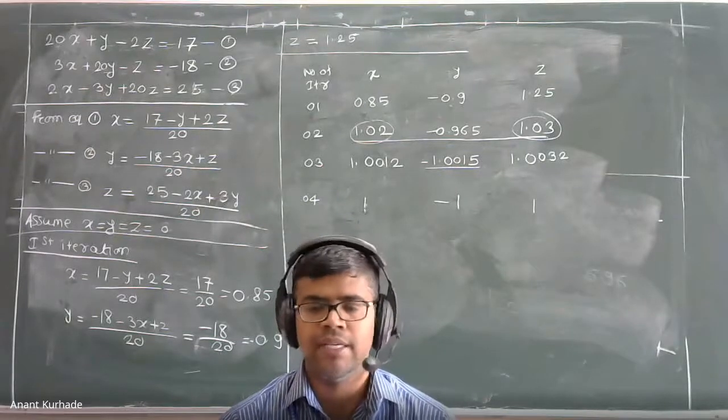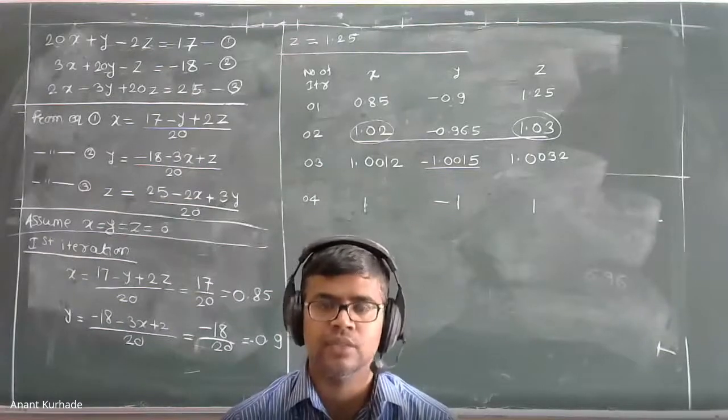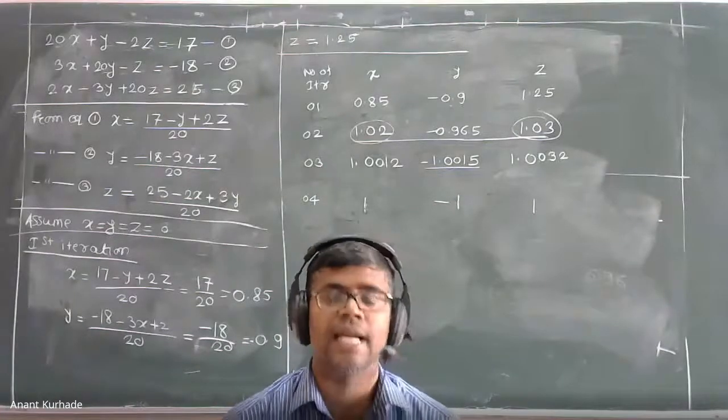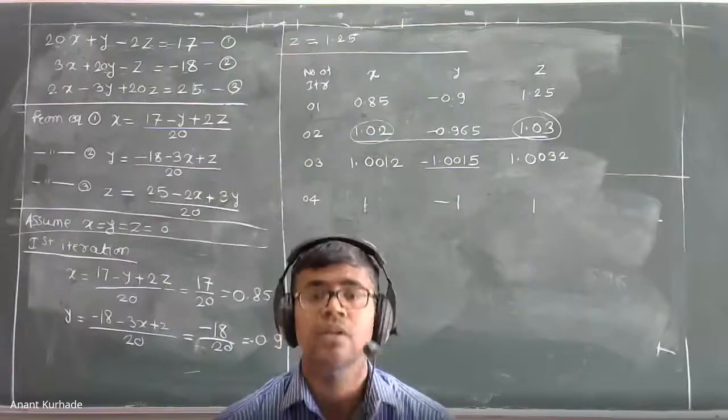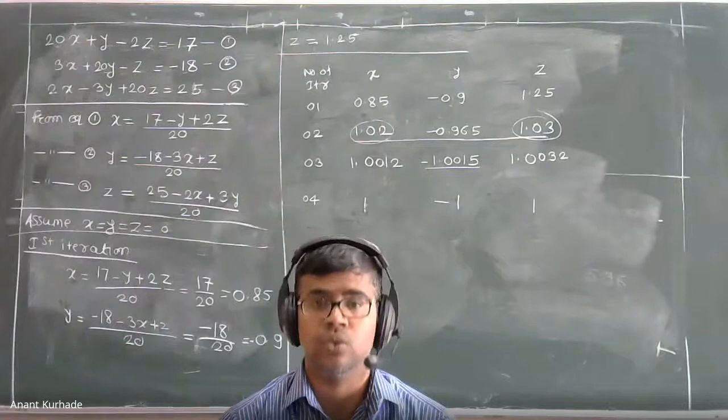But in case of, I have told you that the three diagonals are having non-zero elements and the remaining elements are zero. Okay, remaining elements are zero. So it is the condition for this tridiagonal matrix. It must have three diagonals having non-zero elements. Remaining elements must be zero, remember.